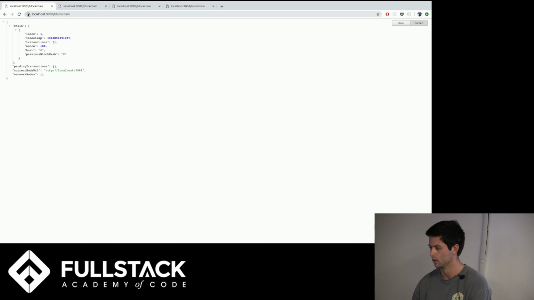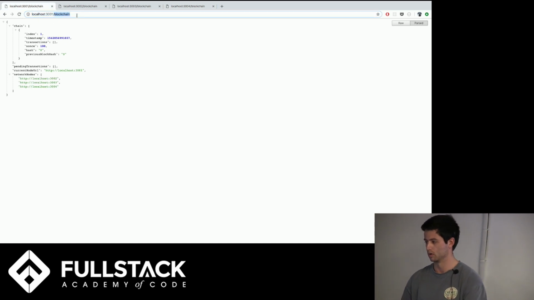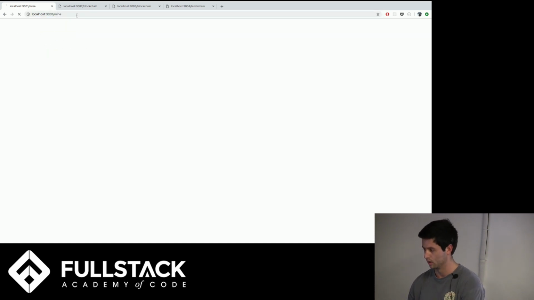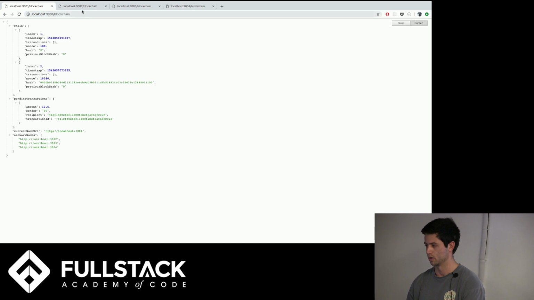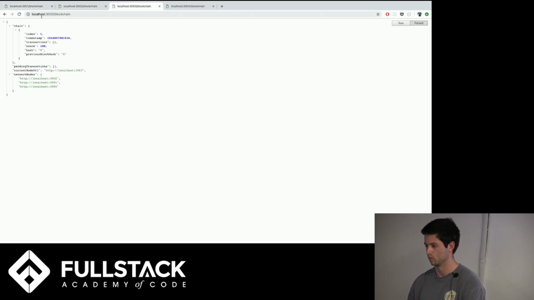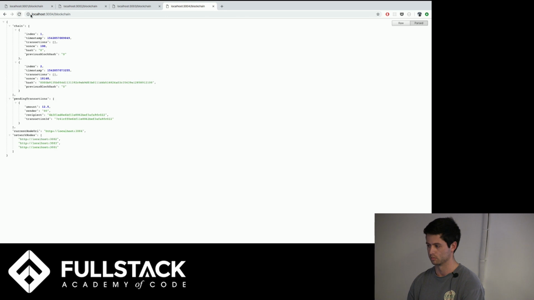So now when we go back to each, we should see that node 1 is now aware of all the other nodes in the network. Node 2 similarly, so we can just refresh all those. Now if we were on a given instance of a node, then we could mine a new block. So now we have a new block in the blockchain, and that's going to broadcast it to all the nodes in the network. So now we have on each one a record of the same block that was just mined. And the reward for mining a block is that the node that mined it is rewarded with a